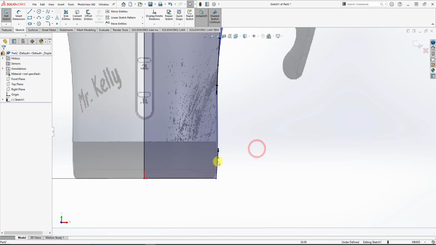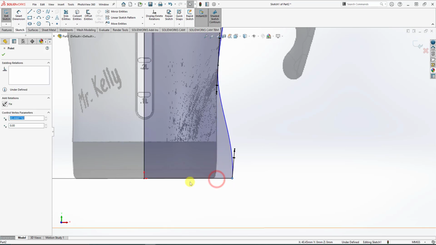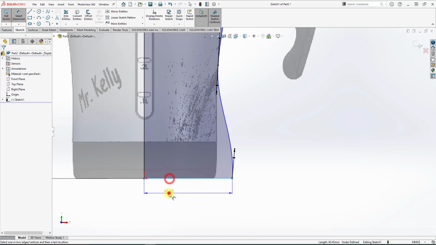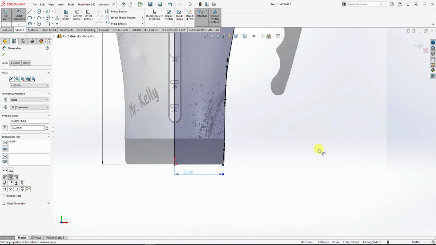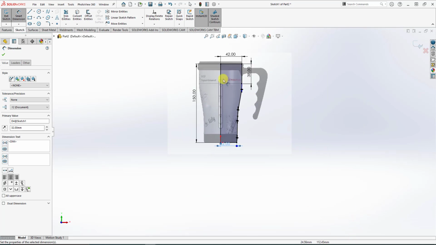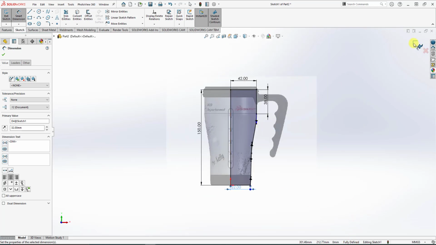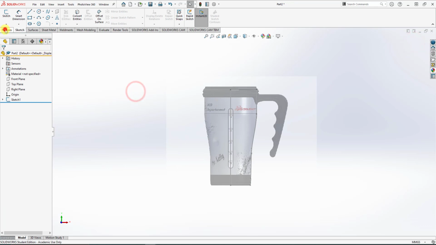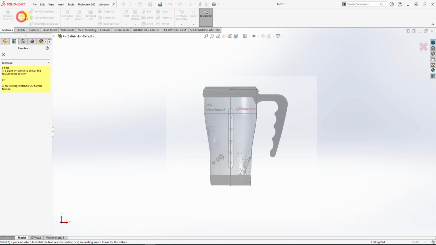Okay, so there's still something underdefined there. Yeah, the bottom. I haven't told the bottom what size to be. So let's maybe give that a dimension of 32. There you go, now we're talking. So whenever you have all black geometry and whenever it says fully defined geometry down there, you know you've got a fully defined sketch. So let's close that sketch and I'm going to go to Features, Revolved Boss Base and